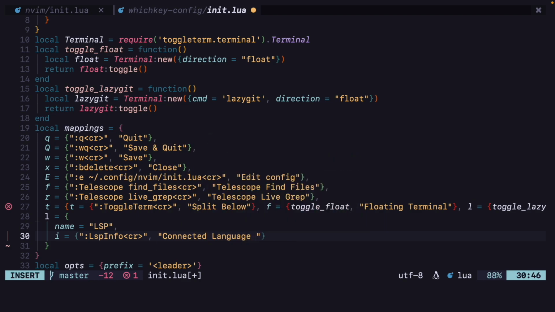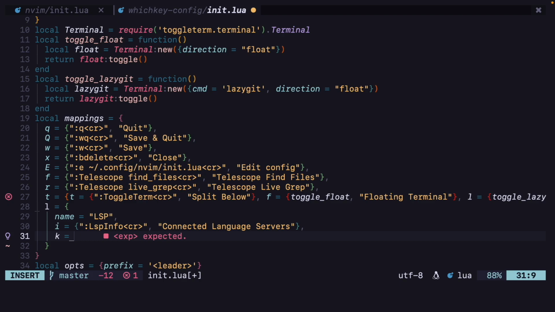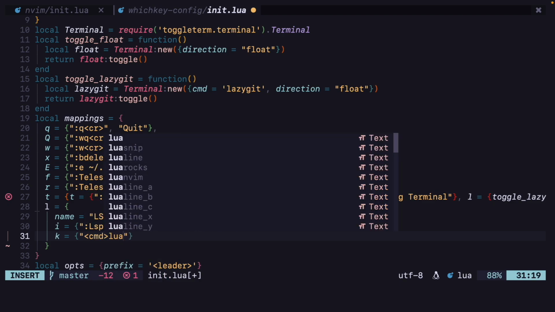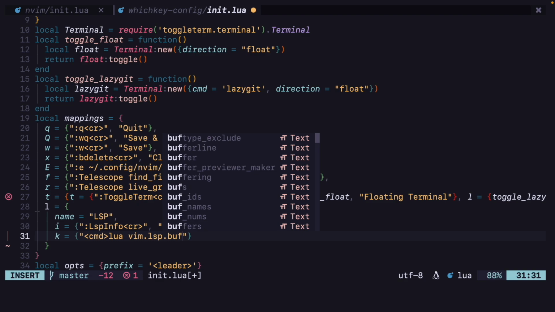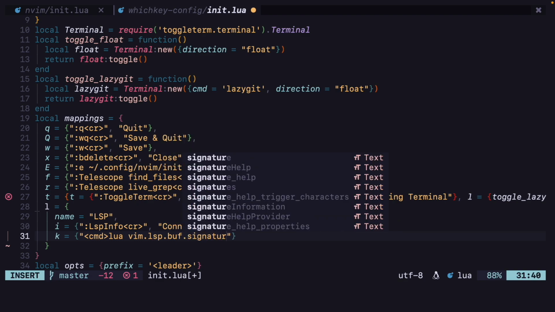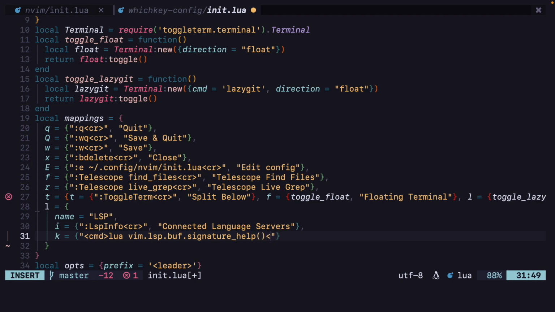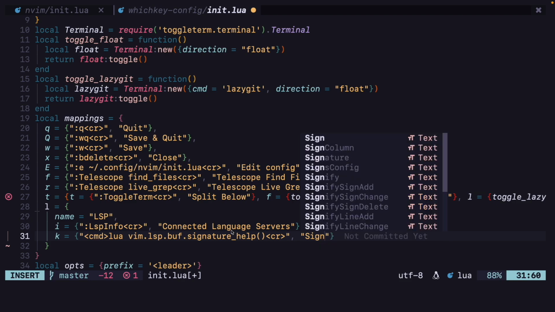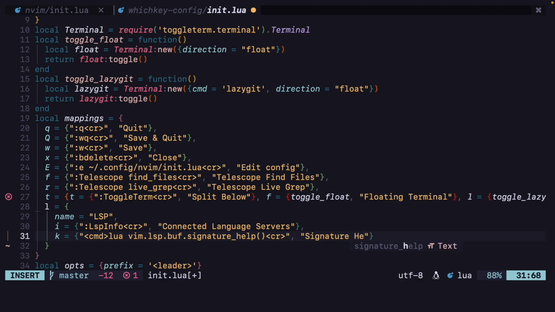connected language servers. And for K we will add cmd lua, okay, we don't want a J over there, cmd lua vim.lsp.buf.signature_help cr. This will just show some signature help, which is like some information about the current symbol. So, signature help,